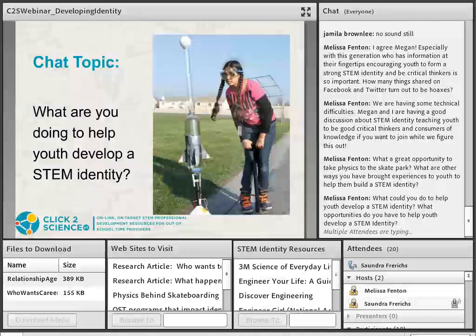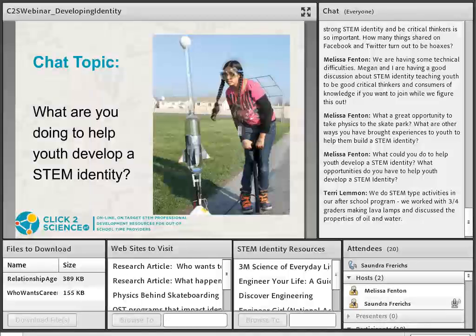Discover Engineering is for all our students who might be interested in a career in engineering, and there's lots of resources there to help them understand what the opportunities are in engineering, how that connects to their interests, and what they need to do to prepare for a career in engineering. Science Buddies, the last site on our list, is a website that has lots of resources for hands-on science. And again, like the Science of Everyday Life, it is designed for informal programs, so it's a great fit for after-school programs.